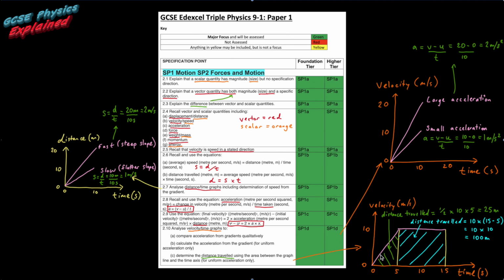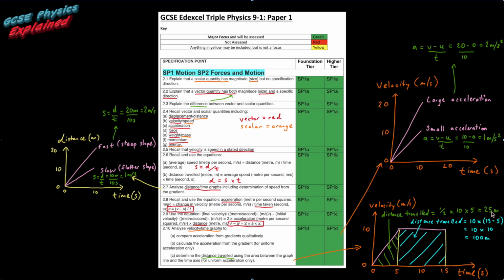If they ask you to work out the distance travelled from a velocity time graph, then you just calculate the area under the graph. So for this first section, when the car has got uniform acceleration as represented by the straight line going diagonally upwards, you can see the shape it forms is a triangle. And to get the area of a triangle, you do a half times the base times the height. So that's a half times the height, which was 10, times the base, which was 5,